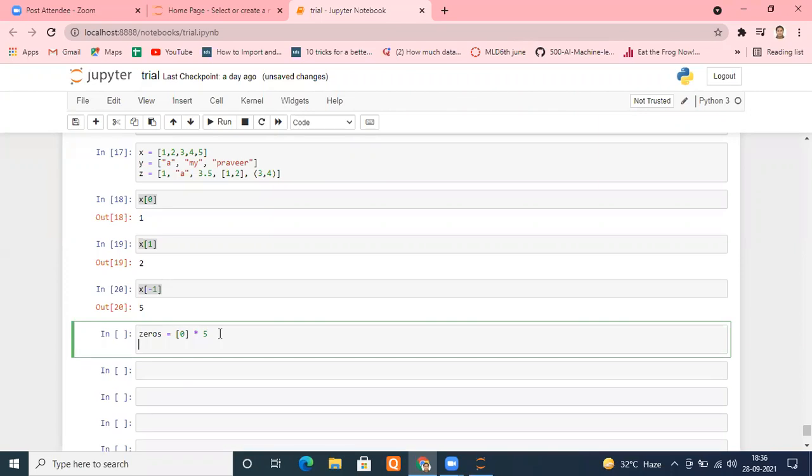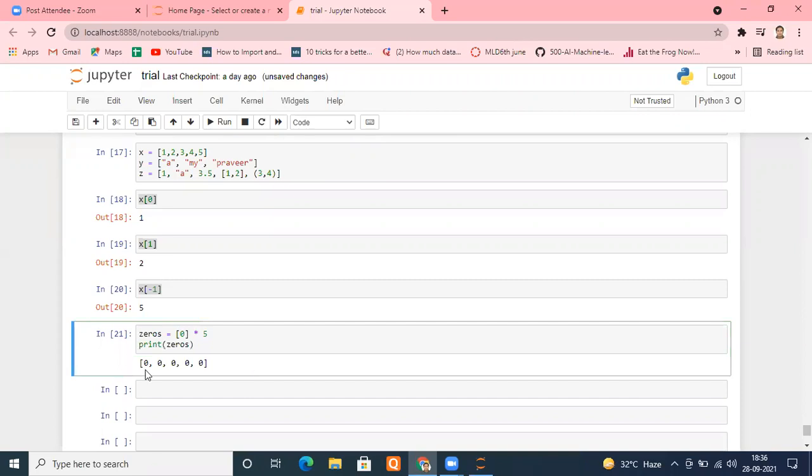After that, I'm printing my zeros. Let's see that. Is it okay, everyone? So instead of repeatedly typing 0, 1,000 times or 1 lakh times, just use that element inside your list and multiply it by the number of times you want to repeat it.